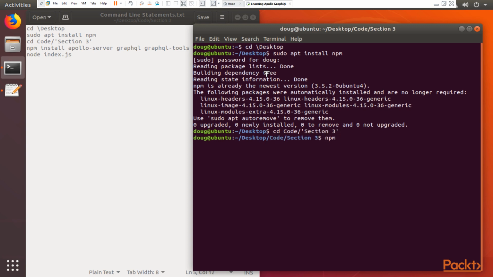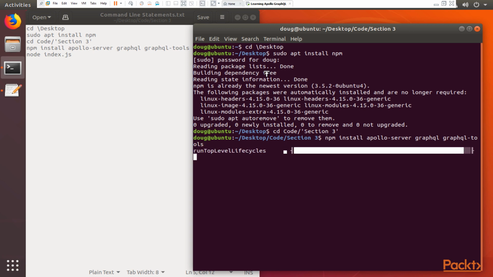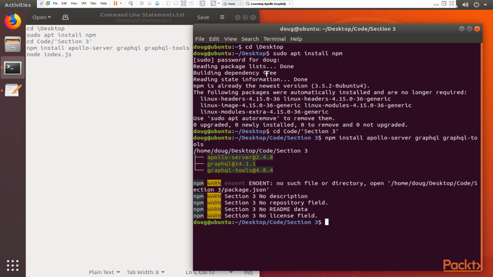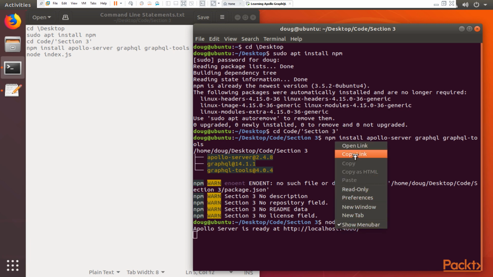We will have to install the other packages, Apollo server, GraphQL, GraphQL tools as well. And last, we will need to run the node index.js so that it can start the server for our Apollo server itself. We are receiving a link that we should navigate to, so let's copy it and open our browser,